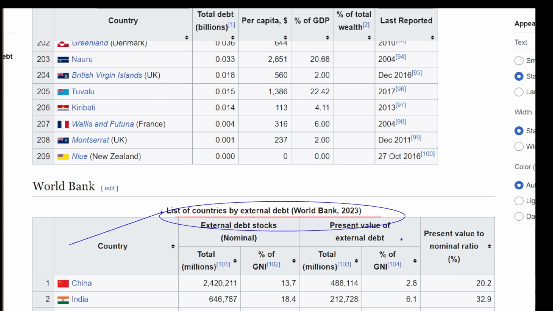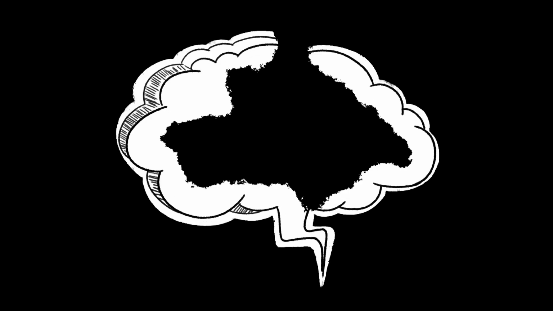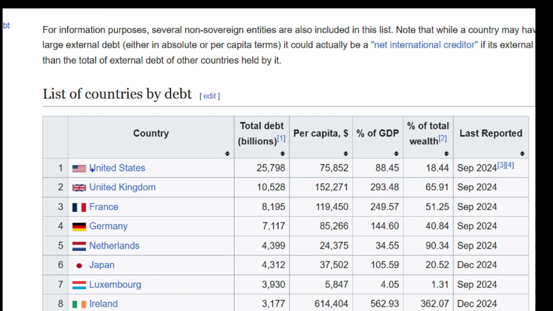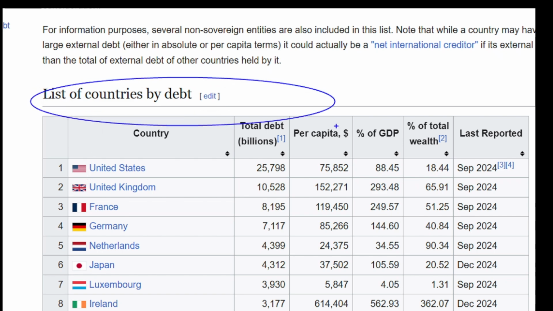Hope this looks interesting, so let's go into more detail and see how it operates. This is the simplest possible option to extract the data from any web page. One of these two bigger tables you can select on your own, but I have selected one of these. So simply you need to